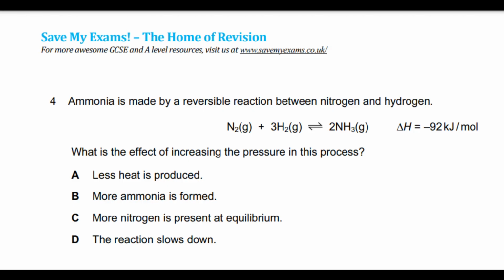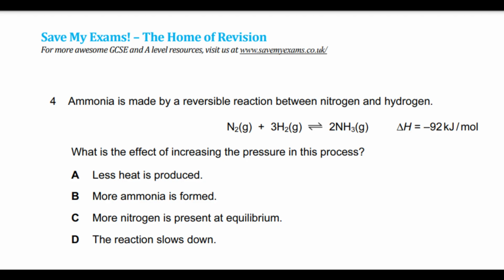That means going in the forward direction, the volume is decreasing. Pressure and volume are inversely proportional, so increasing the pressure will decrease the volume. So if we are increasing the pressure, the reaction will go in the forward direction because on the product side the volume is decreasing. So what is the effect of increased pressure? We already know by my explanation that increasing the pressure will decrease the volume, so more product will be formed. Let's see which option is correct. Less heat is produced. No, they are just asking us the effect of pressure. Bravo, more ammonia is produced. Yes, more ammonia will be produced because in the forward direction ammonia is produced, so the product is ammonia.